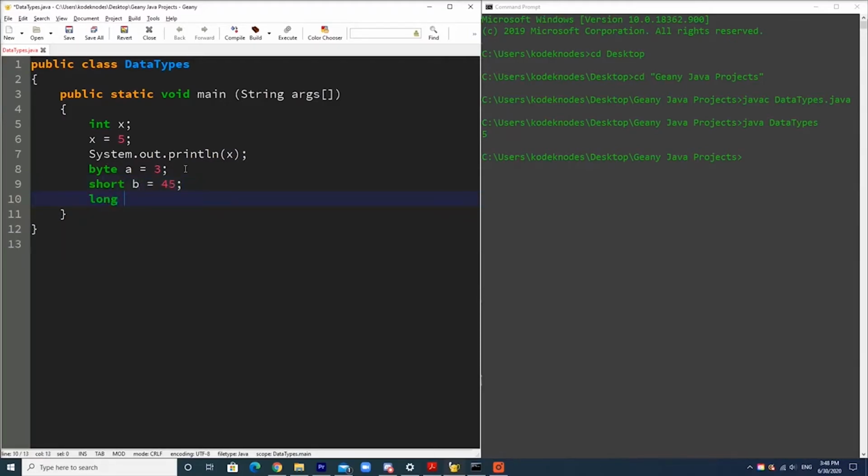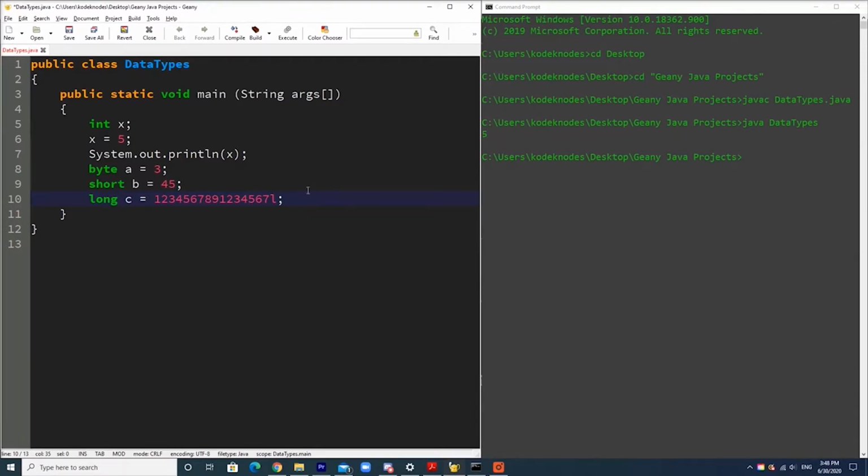On the next line, long C equals, I'm just going to make a really big number. And then I'm going to type L before I type the semicolon. Now here's where things get a little complicated. Why is there a letter L after the long number? Is it because the Java language wants to make our lives harder? The short answer is yes. For a longer number, we have to type the character L, which only makes a statement even longer than it